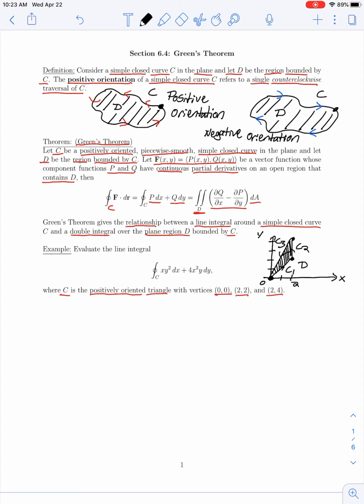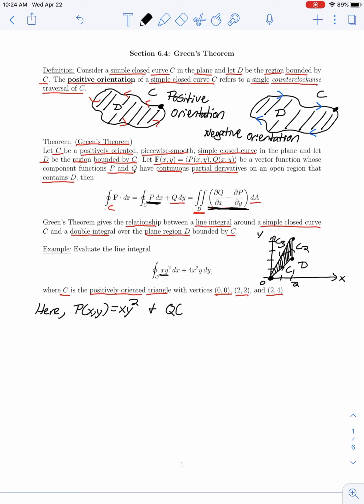So let's think about how we need to make use of Green's theorem. To make use of Green's theorem, we need to determine what are these partial derivatives of q with respect to x and p with respect to y. So let's give ourselves a little notation here. In this problem, p of xy is going to be whatever function we are integrating with respect to x. So in this example, x times y squared,